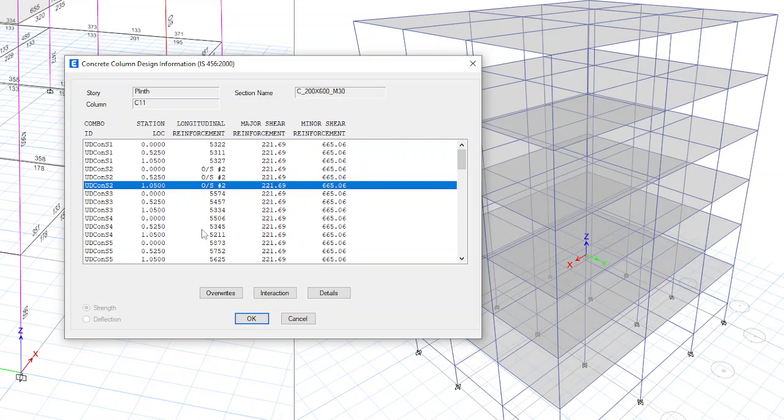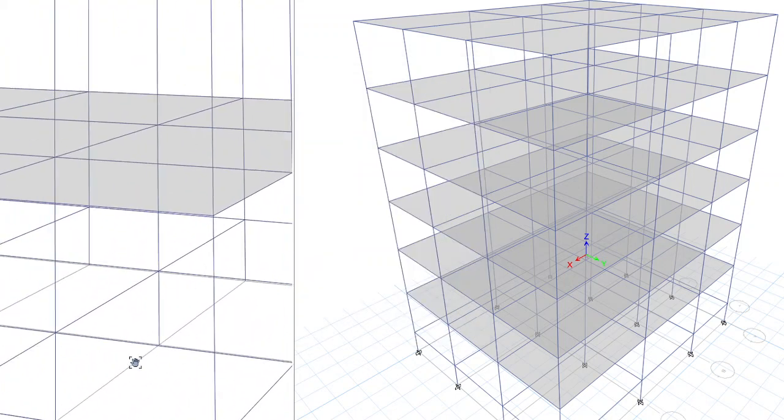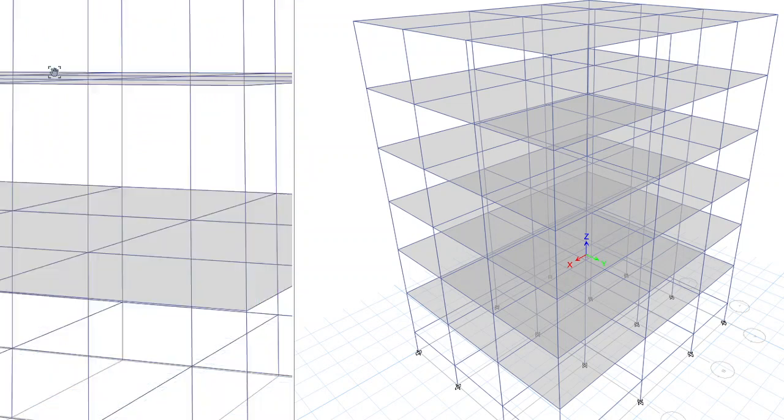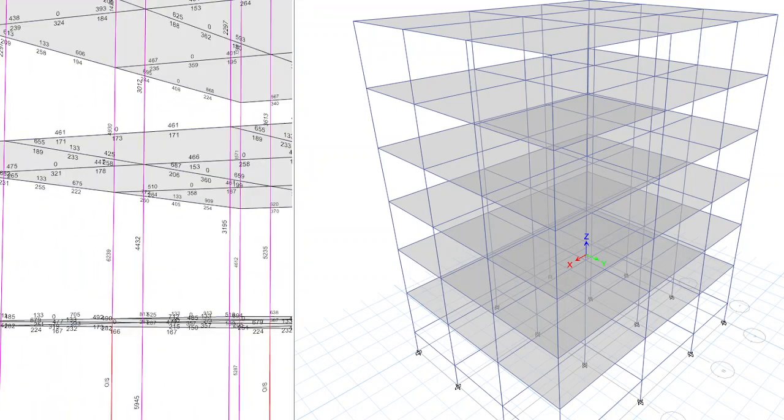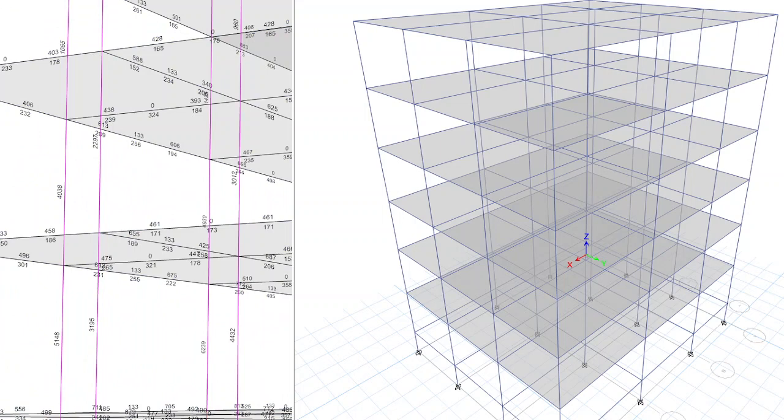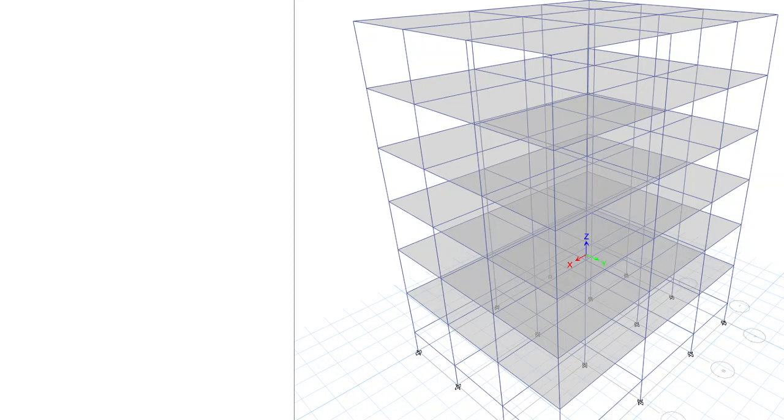This is the total area of steel you are getting. For example, if I take one particular column, a corner column, where I am getting steel of 2267. Here I need to first decide how many reinforcement bars I will be placing. So 2267 for a 200 by 600 column.